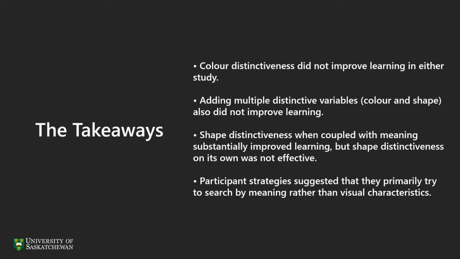The takeaways are that color did not improve learning in either study, nor did using multiple distinctive variables improve learning. Shape distinctiveness, in conjunction with meaning, had substantially improved completion time and hover amount, while shape distinctiveness on its own did not. In our observation and interviews with participants, we found that participants often search by meaning rather than visual characteristics. In summary, our results showed that our manipulations of these variables did not have significant effects on learning or performance,